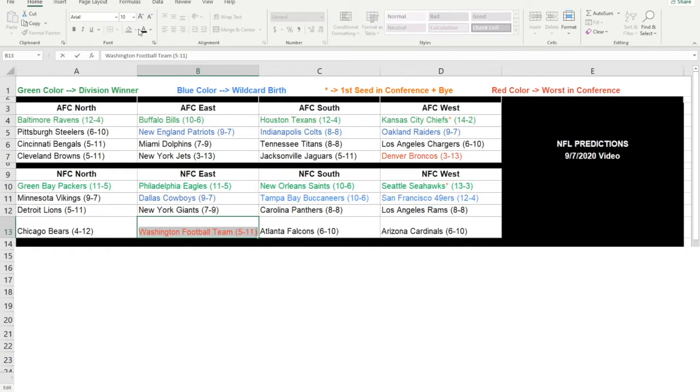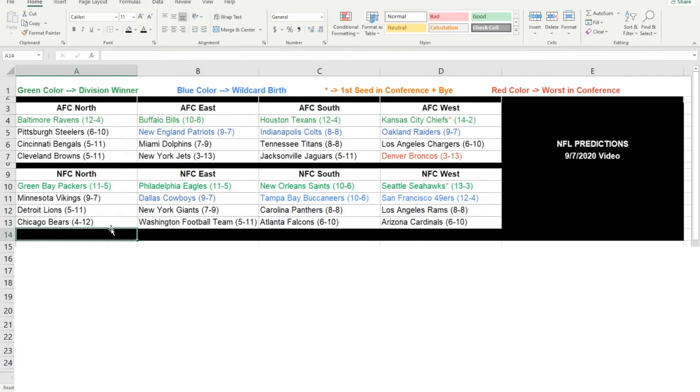Okay. See, this is where I have my difficulties, because I don't pay attention to things, and so because of that, I don't make the right colors. So the Bears actually have the worst in the conference. Sorry about that. You guys have the worst name though, because it's just football team. That's like boring. Either way, in the NFC South, Saints do win that division, even though the Buccaneers have Brady,